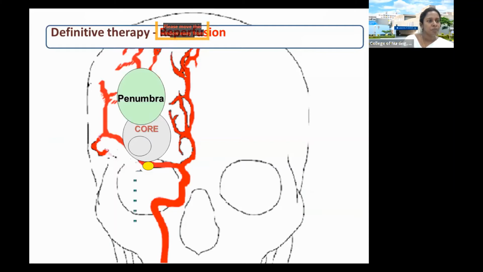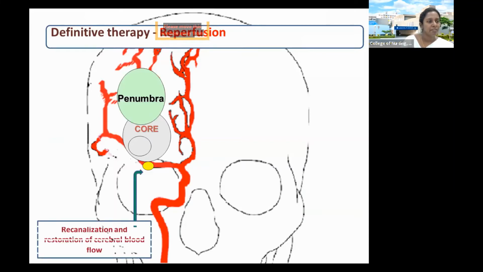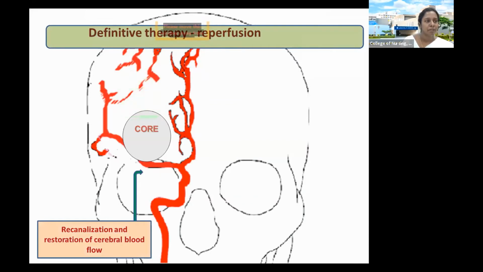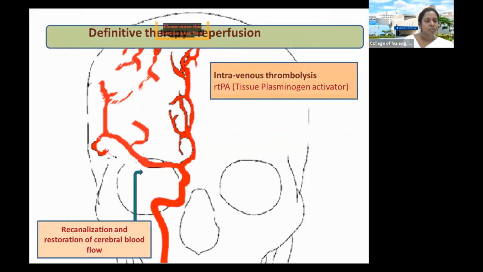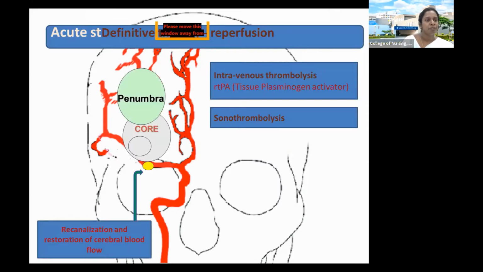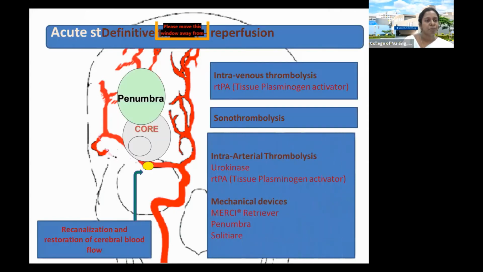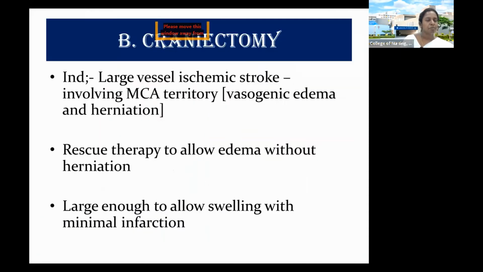Coming to summarizing these things, okay, there is an infarct. We have a core area, the brain area, which is damaged, and we have the penumbra. Our main aim is to remove this clot so that we can save the penumbra. Treatment options available are IV rtPA, which I had covered already. Sonothrombolysis is not used anymore. Intraarterial thrombolysis is another option. And then we have mechanical devices in which Solitaire is being used currently. Coming to the surgical option